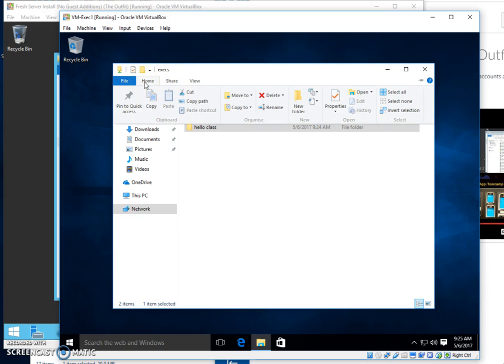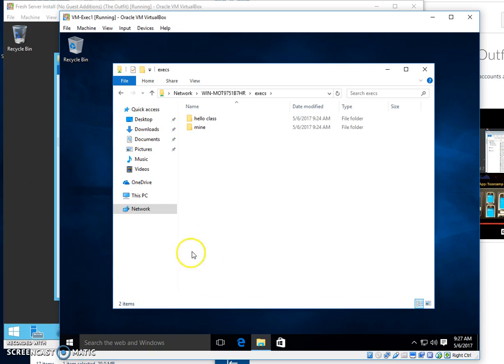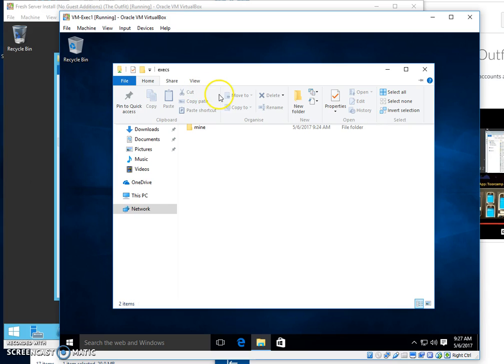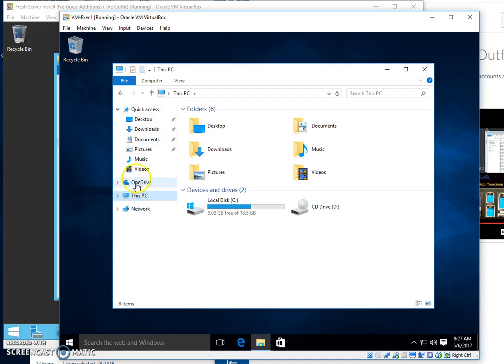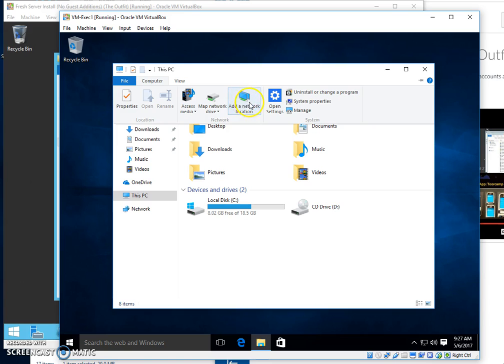It's in here somewhere. The file share is available not from the actual folders, but you have to go to This PC. And then you can see that there's a computer menu option that you can drop down, and then you can see Map network drive. So make a note that you have to go to the computer in the Explorer in order to map network drives. So we're going to map the network drive,